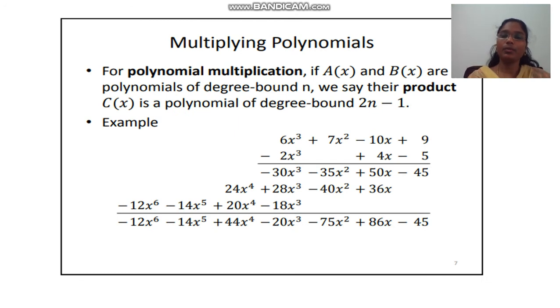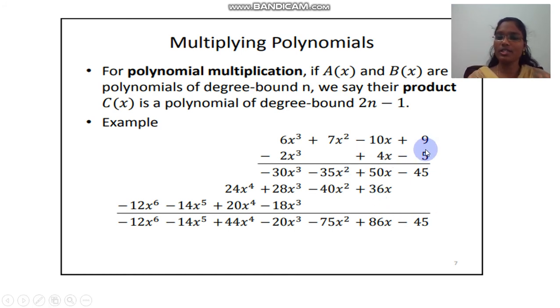Then multiplying the polynomials. Here there is a difference between the addition and the multiplication, because here we are going to multiply each coefficient with every other term in the first polynomial. The final product that we get after multiplying the two polynomials, the degree will vary. For example, the two polynomials we have taken have the highest degree as 3, but after multiplying these two, how does the multiplication happen?